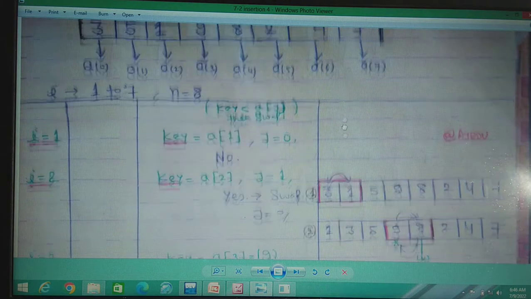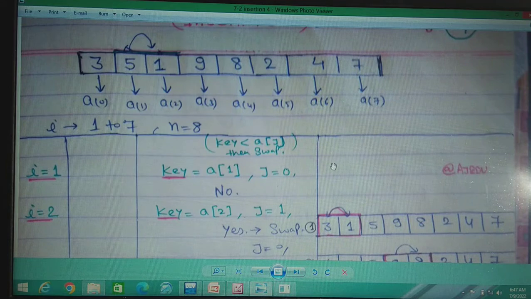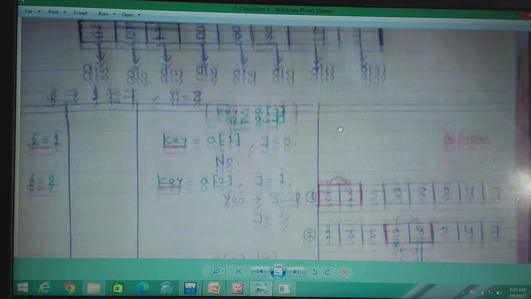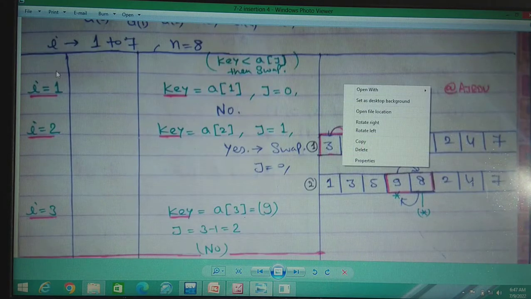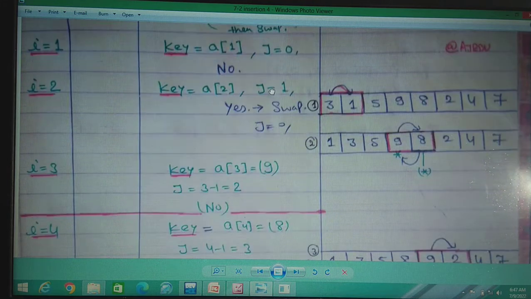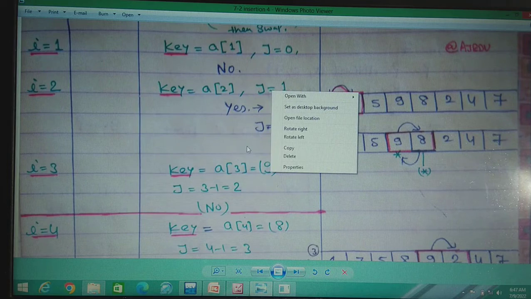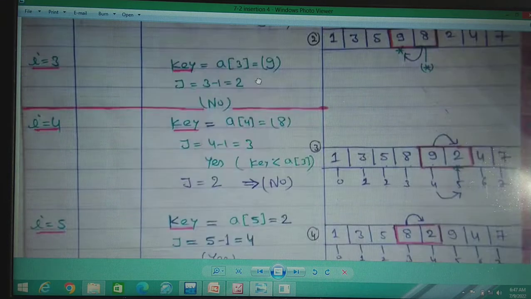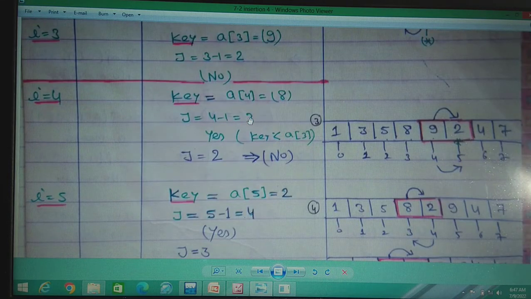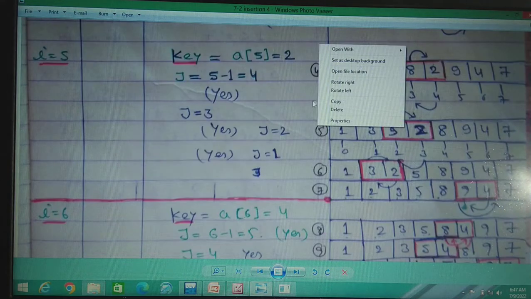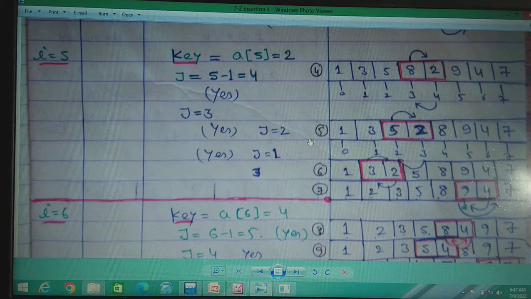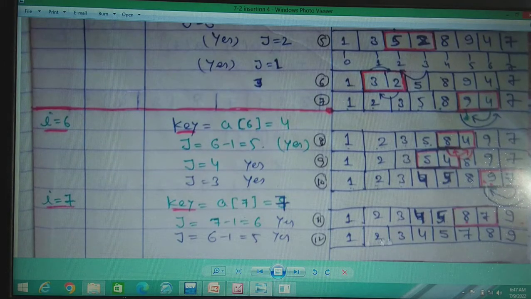Again I will scroll down. Okay, from here you can write it. Okay, this is your array and the loop. Okay, the I loop, and this is the j loop. Okay, so you must write it. Okay, pause the video, you must write it. If you are facing any problem, ask us. Very simple. We have written all the steps. Okay, this is the final answer.